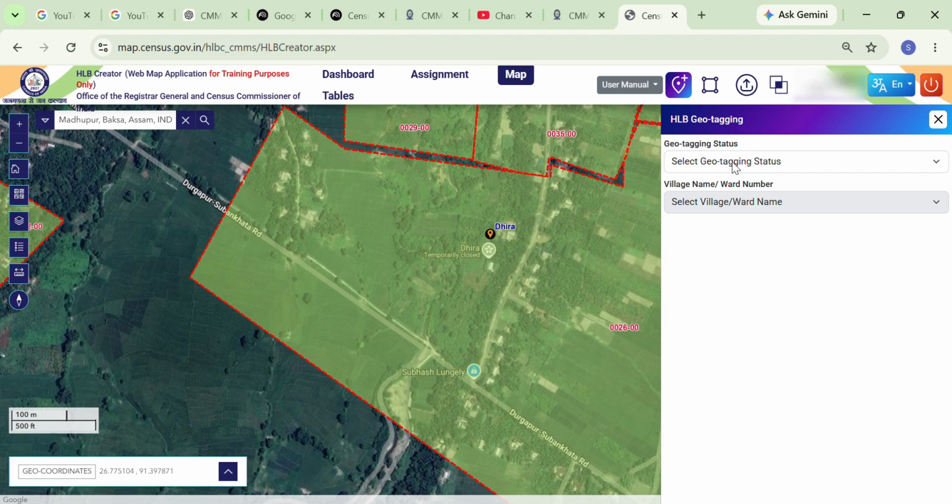This HLB is already completed because it is showing in green. So we'll go to the completed, because we need to change the location from Dhira to Subhas Lungeli, right? I want to change that landmark, so I'll go to the completed, and then I will select this one, 0026.